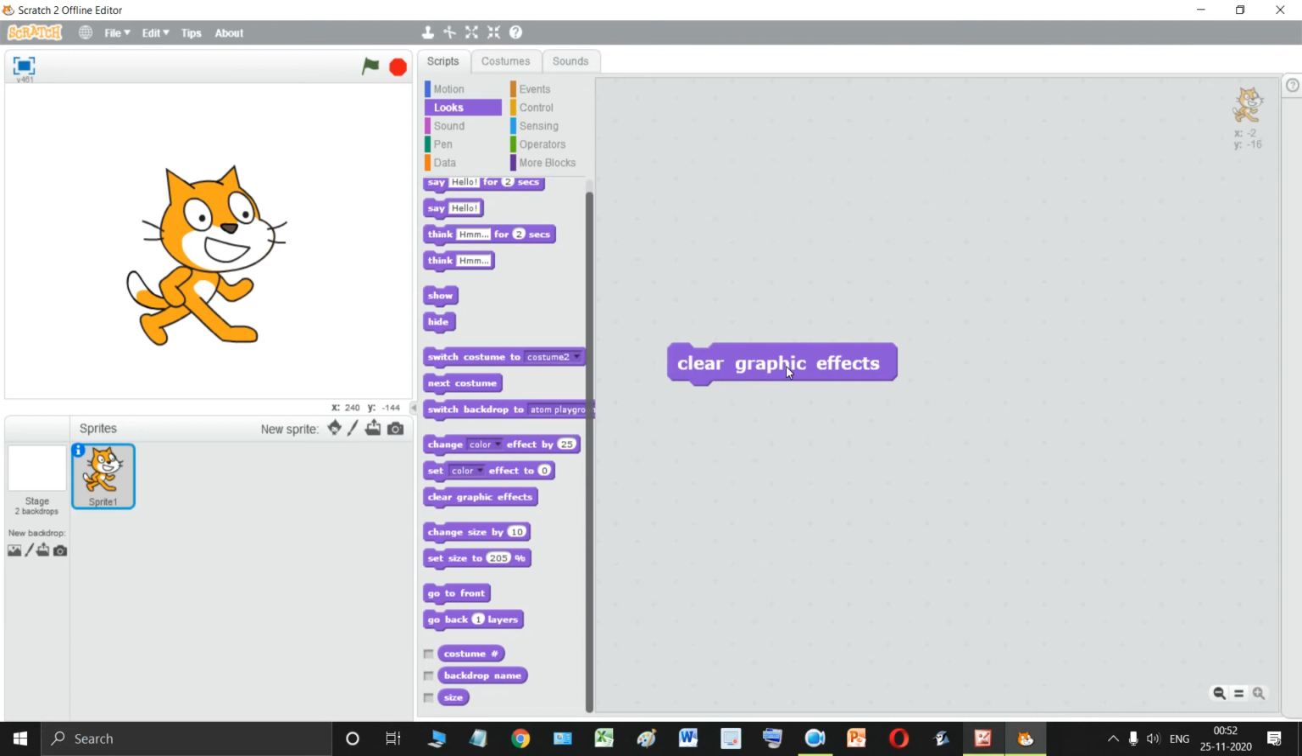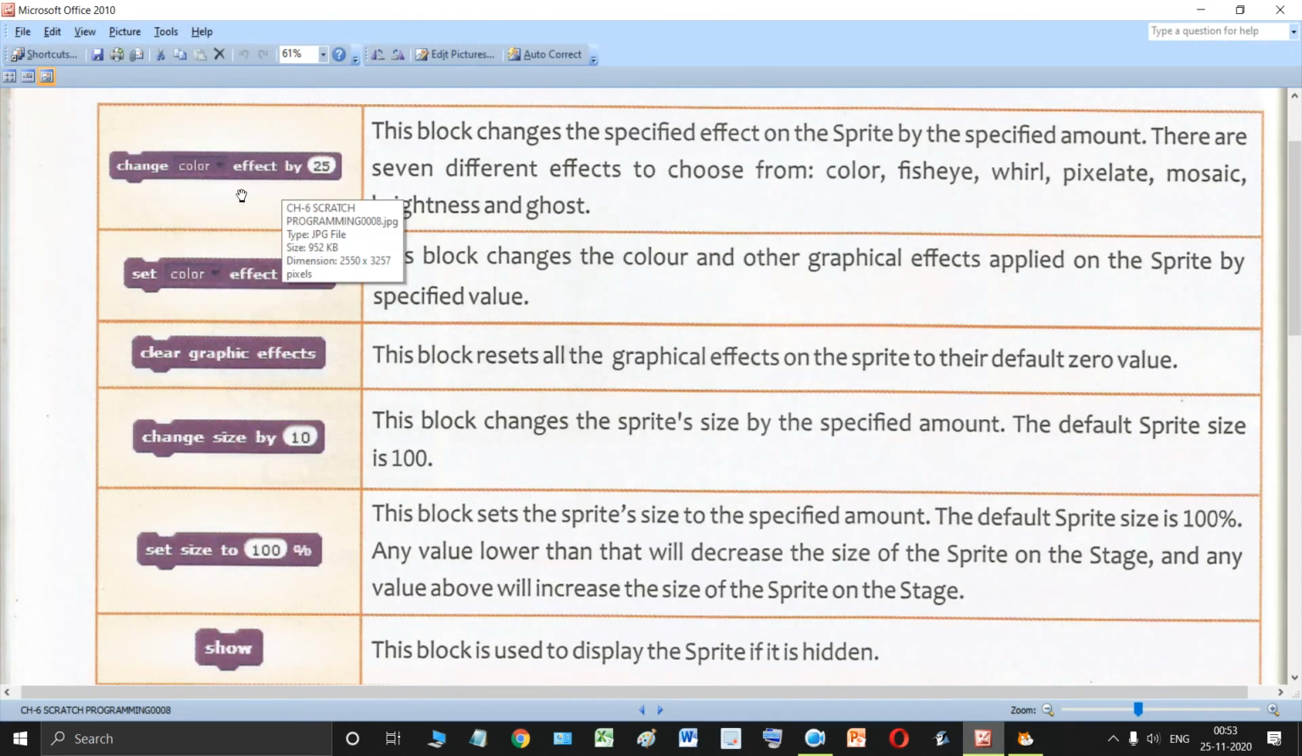So these are the 7 different effects that you can change with the help of the change the following effect by this much value, specified value. Okay,